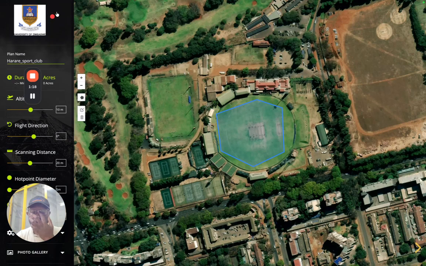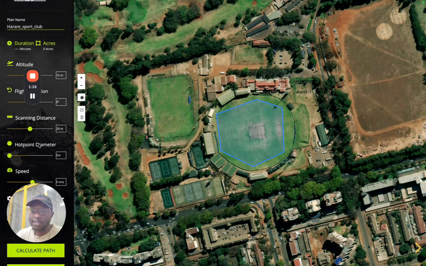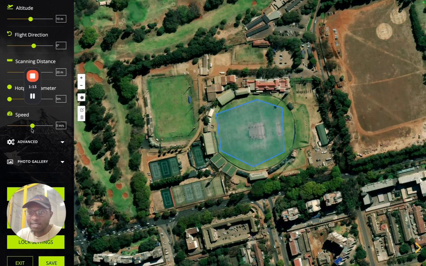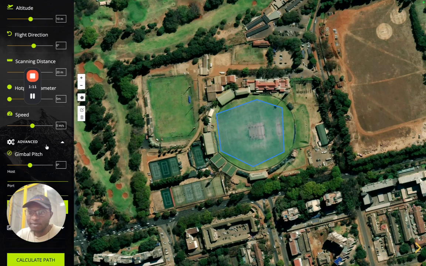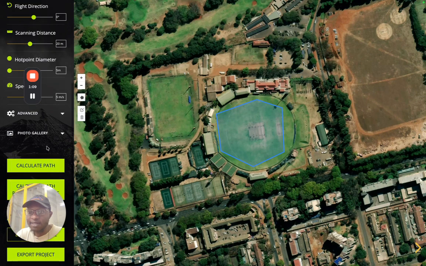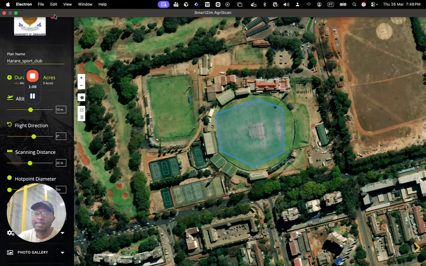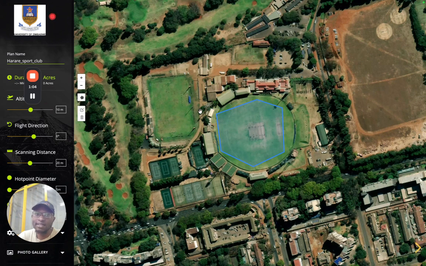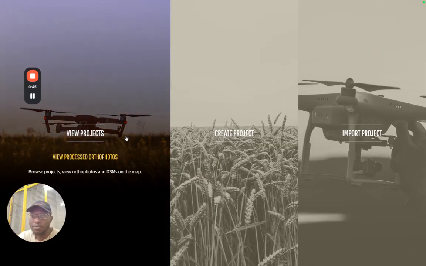It means there is no drone connected here, where the drone could have connected, and you can even set the drone speed and the gimbal pitch of the camera. After you save this and there's a green icon here indicating the drone is connected, you will see that your drone will arm and start and fly over this field and download the data to our software, which can start processing immediately. So we are increasing the use of automation here in farming so that you do this without hassle.